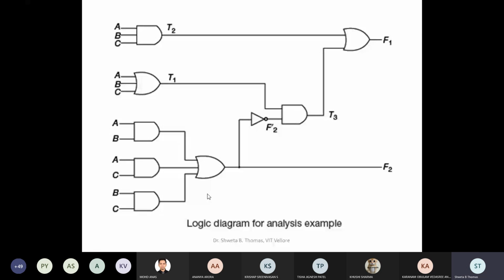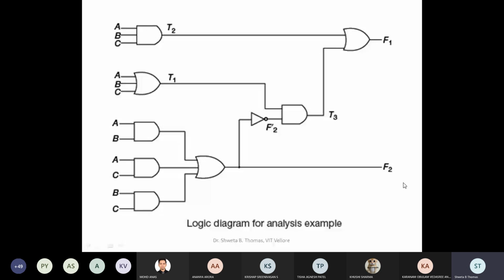How will you proceed? First write the expression for T2, then T1, isn't it? Since this is F2 complement, so this will be what? This is F2. So first you write individually, then finally let me know the expression for F1 and F2.